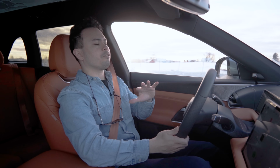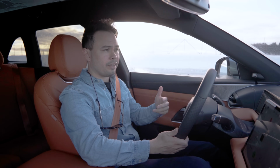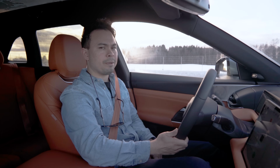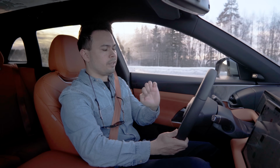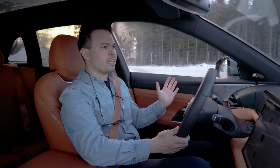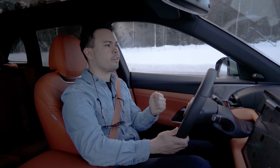So I'm not going to give you guys my full opinion on the G9 yet. I haven't driven it for more than a few days. I picked it up late Friday. Now it's Monday. I've driven it a few times through the weekend, but not a lot because I have been busy. But I can tell you guys right away that this is the best Chinese car I've driven, and by a big margin, because it doesn't have the quirks and the weirdnesses and the faults and just annoyances